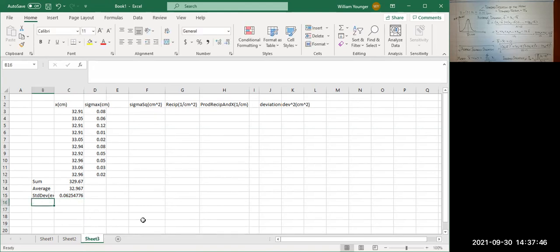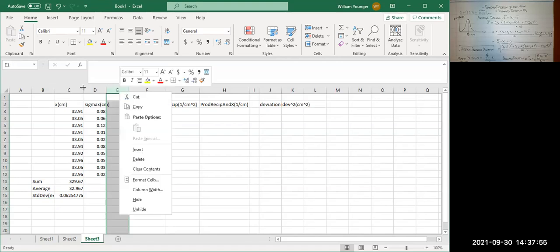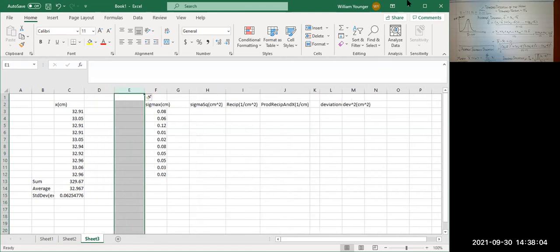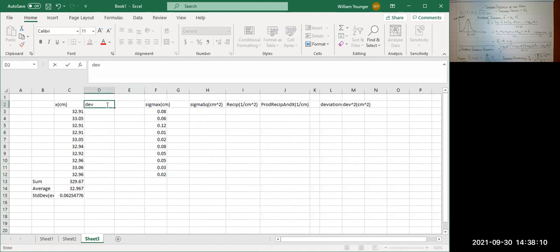If I did that myself, what I would want to do is add a column here. Actually, let's add a column here. And then another column here. So I'm going to add these columns in here. And the reason why I'm going to do it is I'm going to make a deviation column. Remember, the deviation is x minus x bar. So I'm going to say this is equal to x